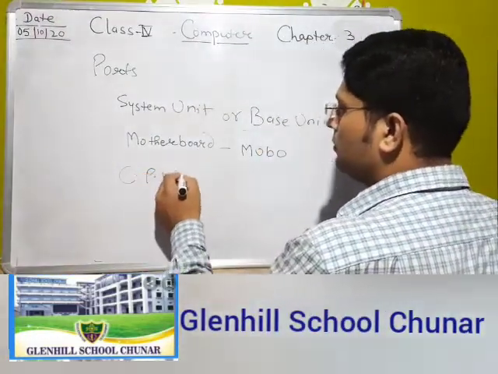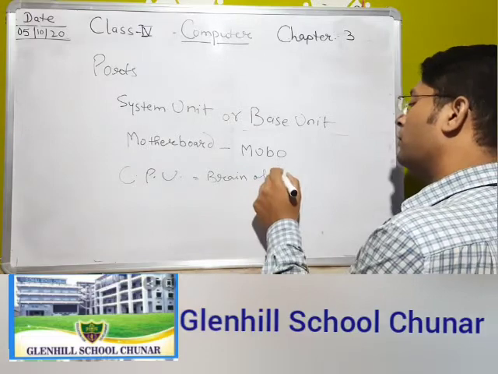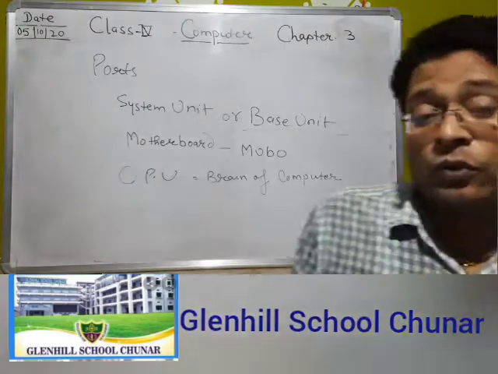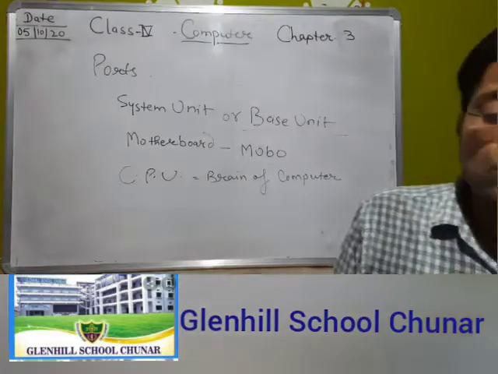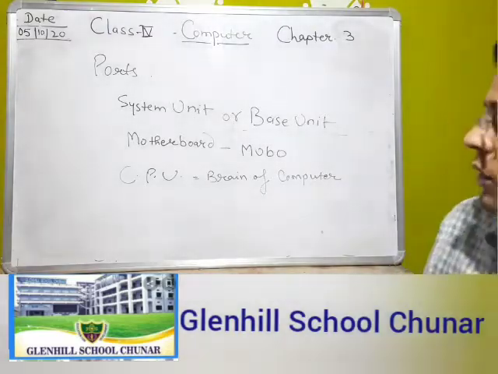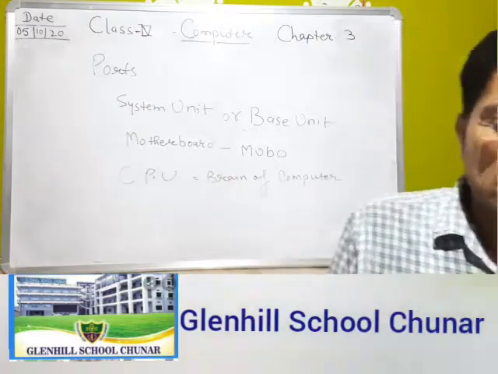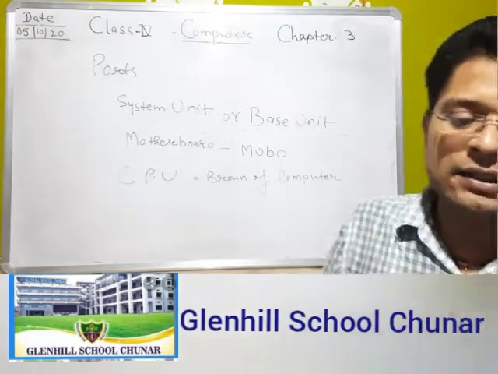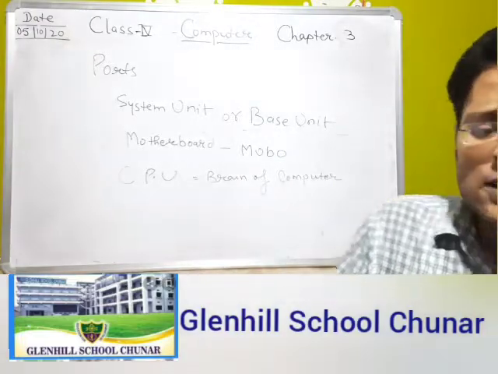And then after CPU, central processing unit, is the brain of computer. CPU, brain of computer, student. Okay, CPU is called the brain of computer. And the two components of CPU are ALU and CU. Okay, and then after RAM, so RAM is a primary memory, and ROM. Okay, and secondary memory, that is floppy disk, hard disk drive. Okay, yes. So hard disk is the largest main data storage device.